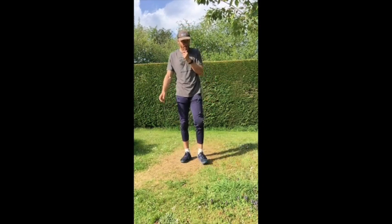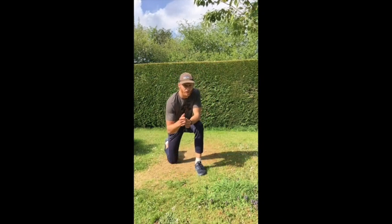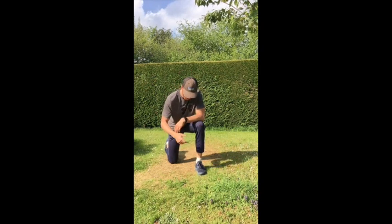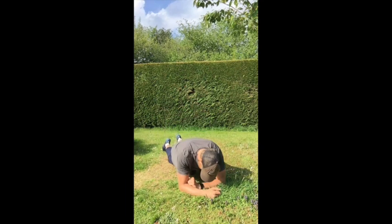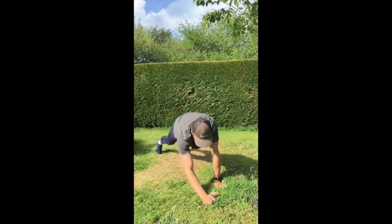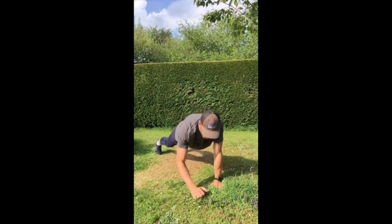So last exercise of the round is we're going into our plank to push up. So in that forearm plank position, going into that push-up position, try and change sides each time. Good. We're going in 5 seconds. If you're not comfortable, just stick to the forearm plank. And we go. So we go up into that press-up position and back down, making sure our elbows are beneath